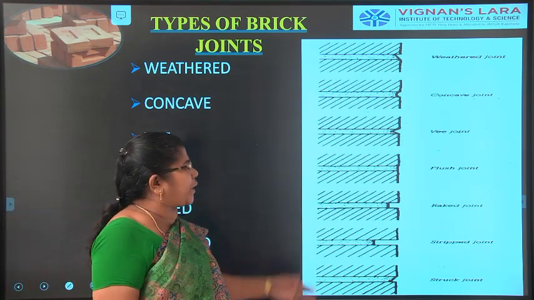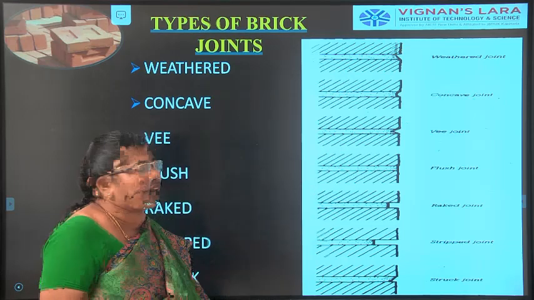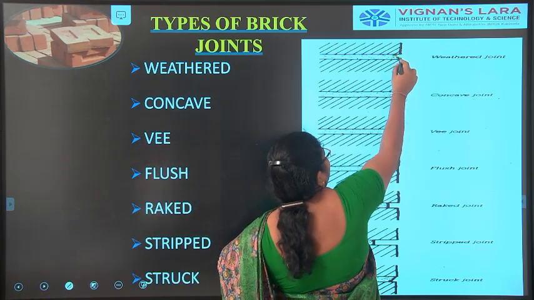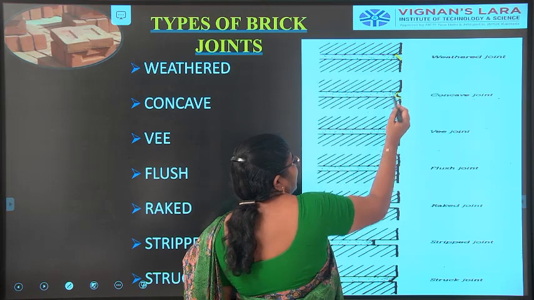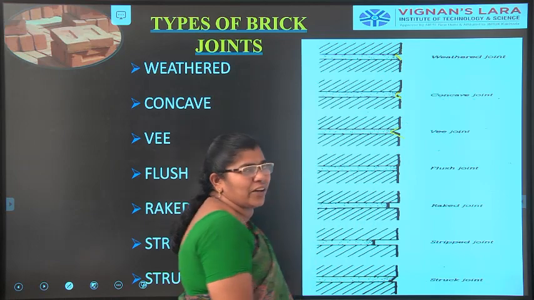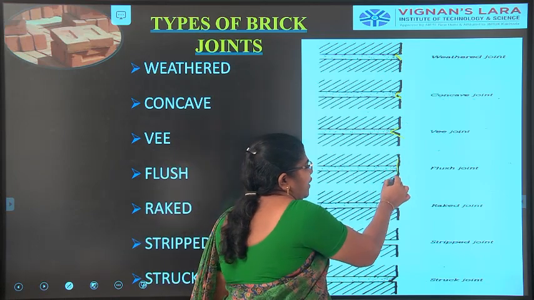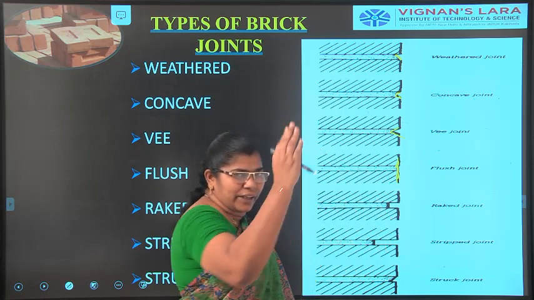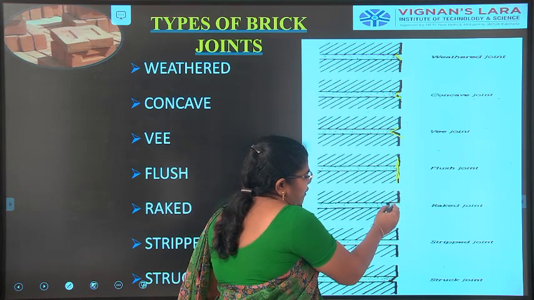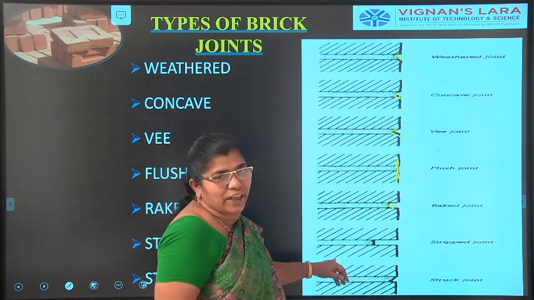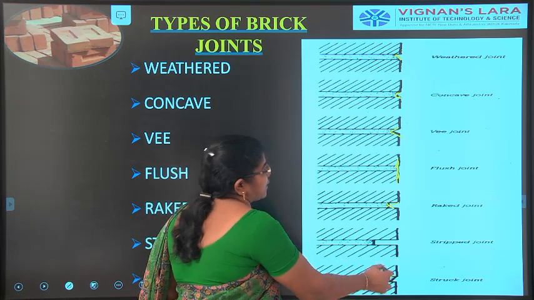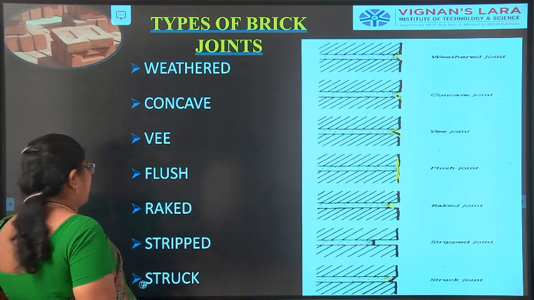Actually, when I am laying two bricks together, I can't get a perfectly correct joint at the end. This type of joint is called a weathered joint. This we call a concave joint, because it is concave. This is an exact V, which we call a V joint. This is a flush joint, where it is almost level with the face. A raked joint is a little bit inside. When it is inset by a certain length, we call it a struck joint, and this is a stuck joint. That type is called a weathering joint.